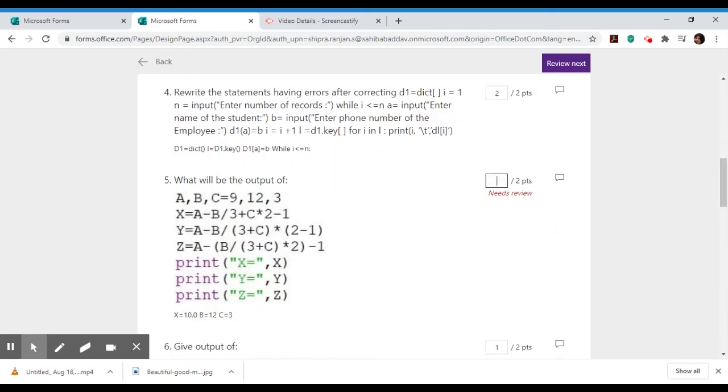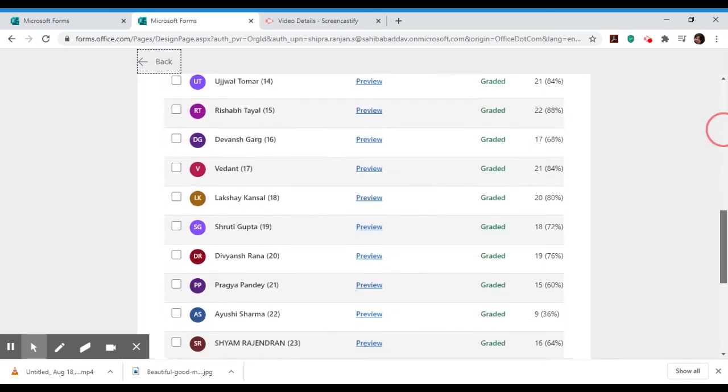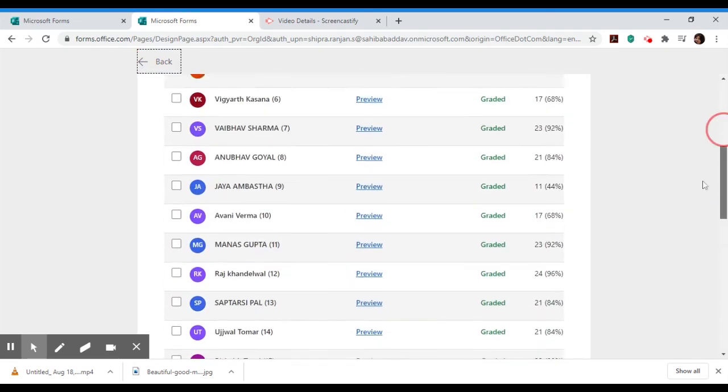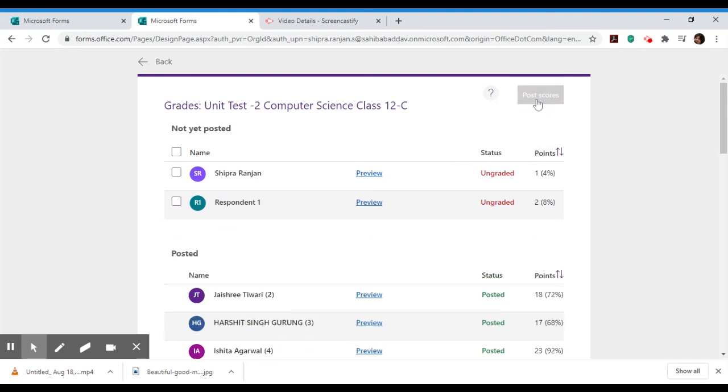Let me check this. So the student gets 0 marks here. Let's check if anything is left ungraded. All answers are checked now. I can post the scores. Click here, untick these two, and post scores.